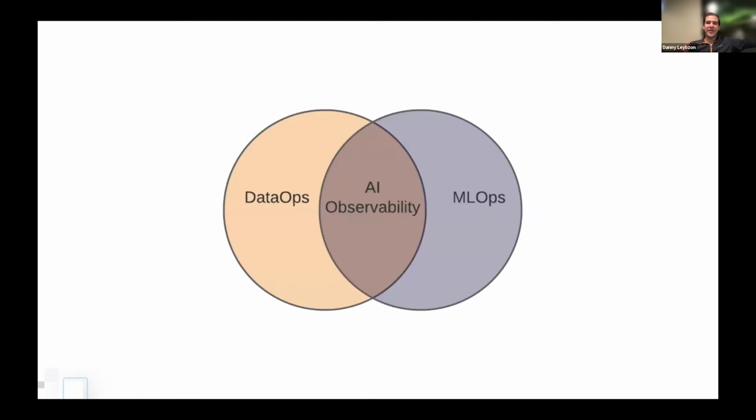So what's really key to understand about this is that AI observability, the ability to get observability into a machine learning model and a machine learning system, sits not squarely in the MLOps space, but actually at the intersection of DataOps and MLOps, right? Because in addition to needing to track these classic DevOps components of observability, we also need to be able to track the data. We need to track the historical state of the data. So AI observability sits not purely in the MLOps bucket, but at this interesting intersection of MLOps and DataOps.